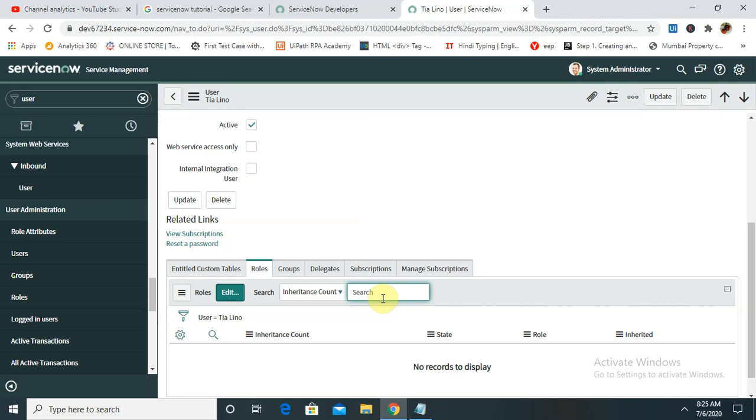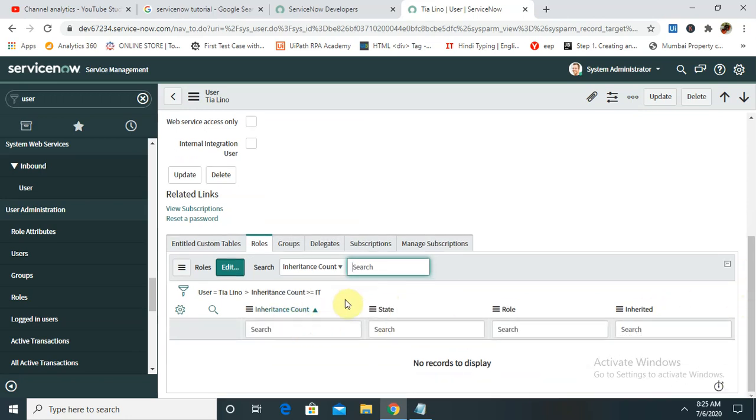Just IT, search for it, rule, IT help desk, groups.